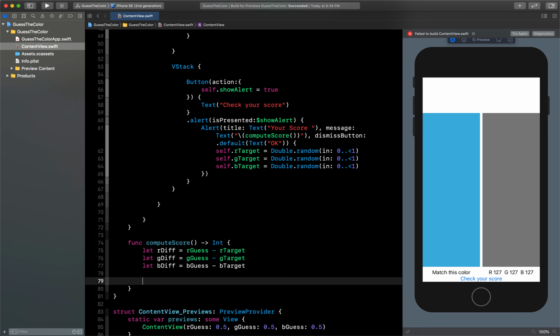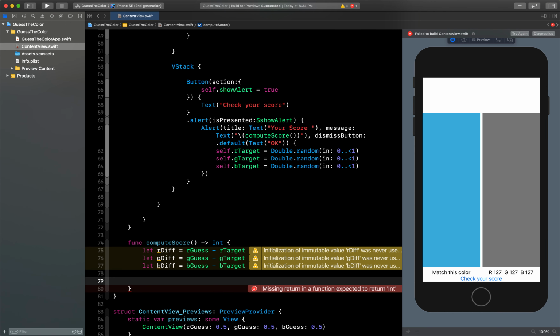And now once we get the three differences, what we can do is we can just use the square root formula.